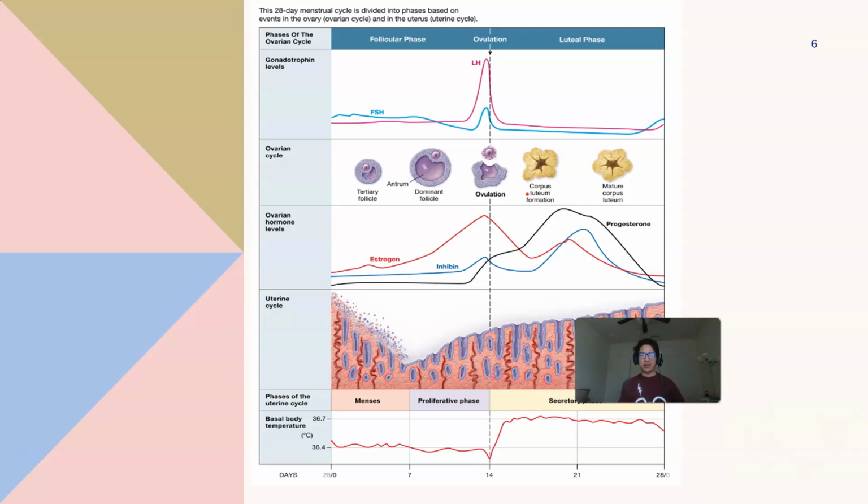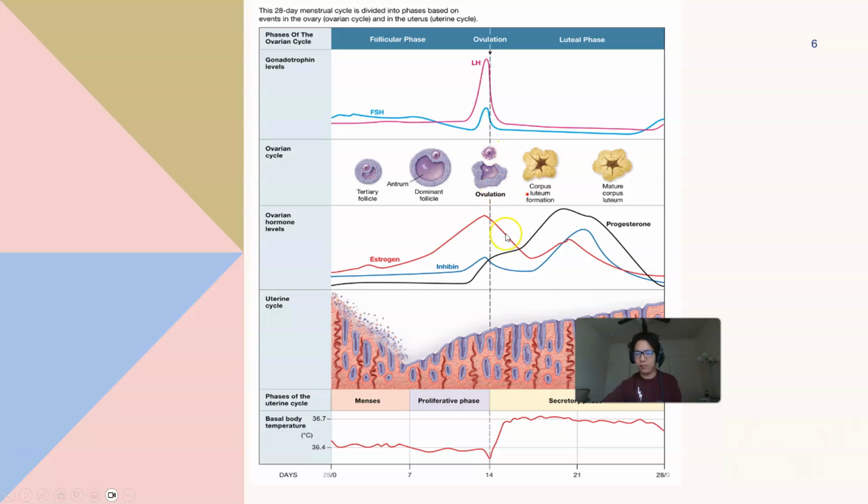Now, let's put this all together. We've learned about the female reproductive organs, we've identified the hormones involved, and we've also discussed how they function to regulate homeostasis. Now, let's look at this figure right here. Let's start with what's happening at this peak. You might notice that FSH and LH are involved, and right about here, during day 14 of the menstrual cycle, is ovulation. As you can see, LH and FSH stimulate the release of the egg from the